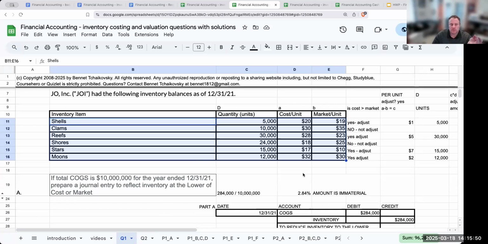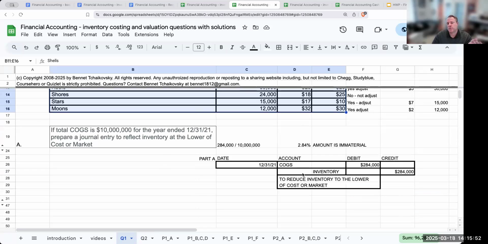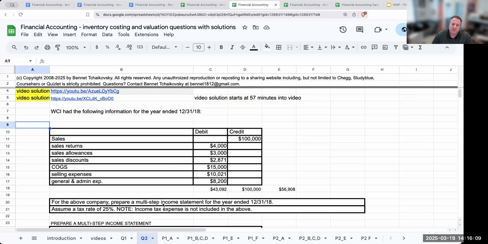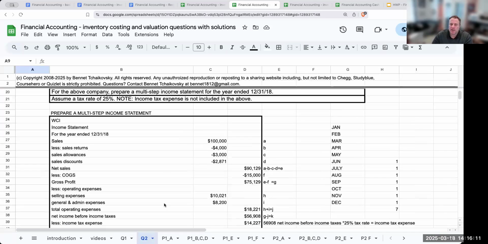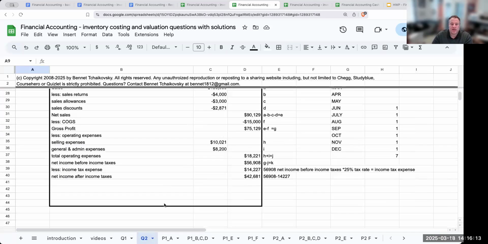When you record this, I'm just having you debit cost of goods sold and credit inventory. If the adjustment was materially significant, that's used for intermediate accounting, not lower division financial accounting. The other thing I'm going to have you do as well is prepare a multi-step income statement,